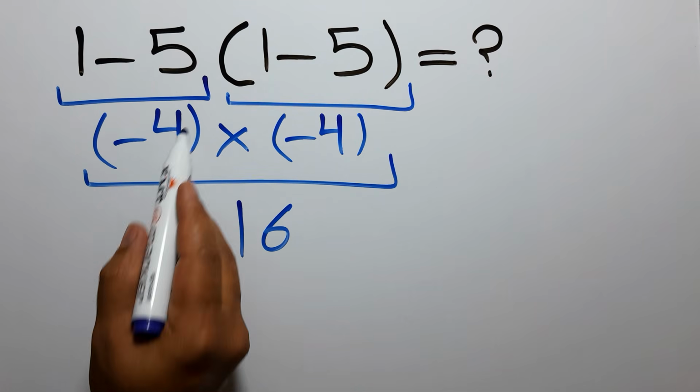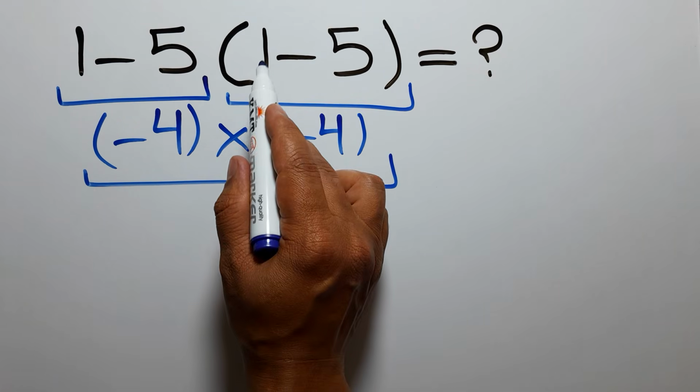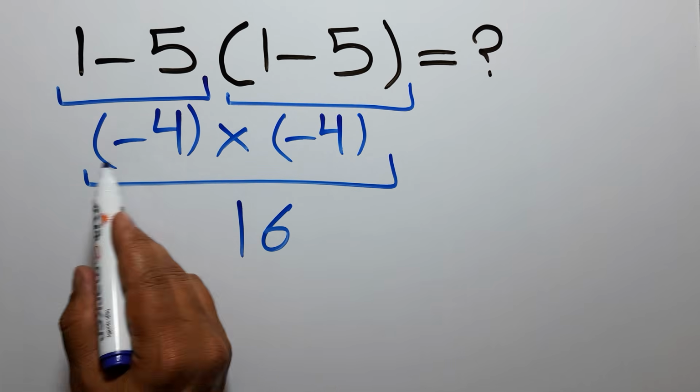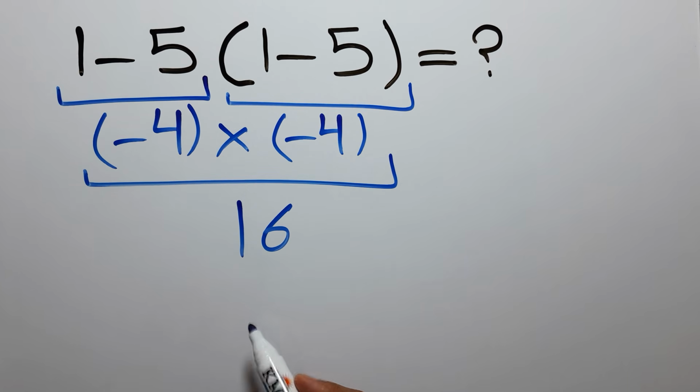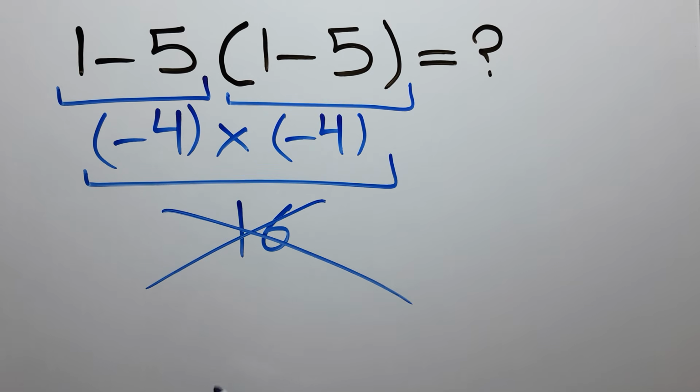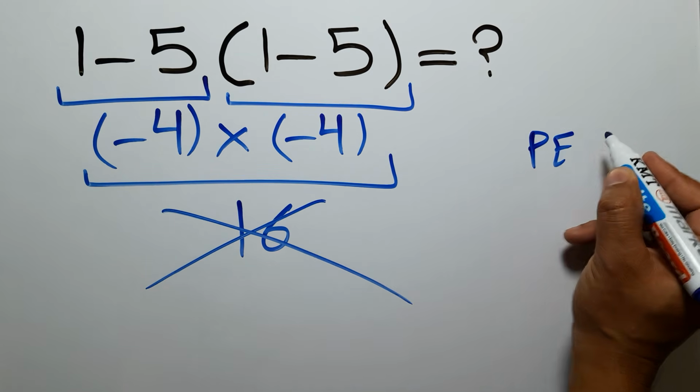1 minus 4 gives us negative 4. And again here inside this parentheses we have 1 minus 4. So we have negative 4 times negative 4, which equals 16. But this answer is not correct, because according to the order of operations, which is PEMDAS,